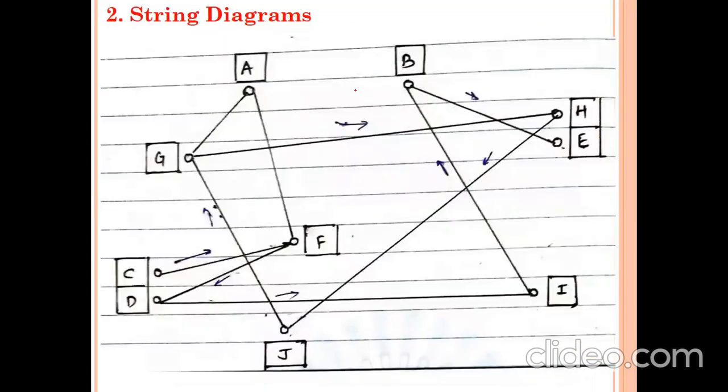And if you look at this, it is also called a string diagram. String means wire: as a wire remains straight from one point to another point. So like this is the string diagram. How is the string diagram? A to G, A to F, G to H, G to A, G to J. So for any department, if I want to travel from this department to that department, I should travel in a straight way, that is the string way.